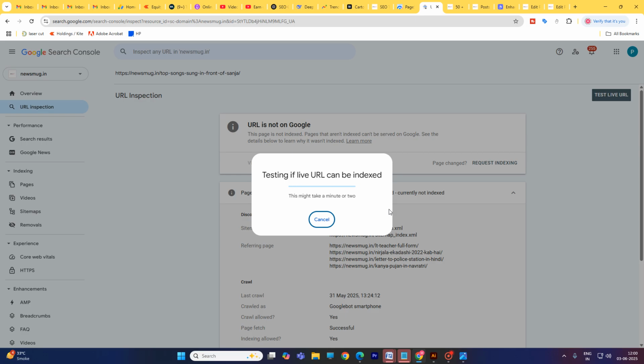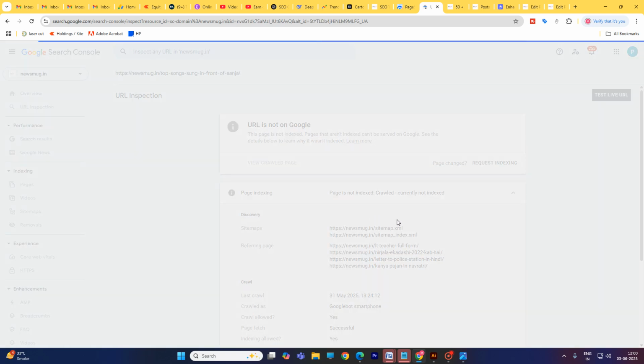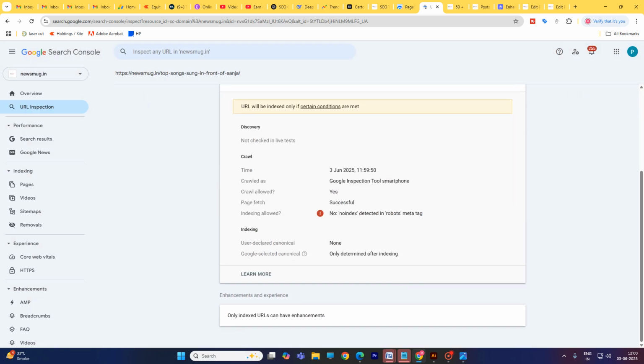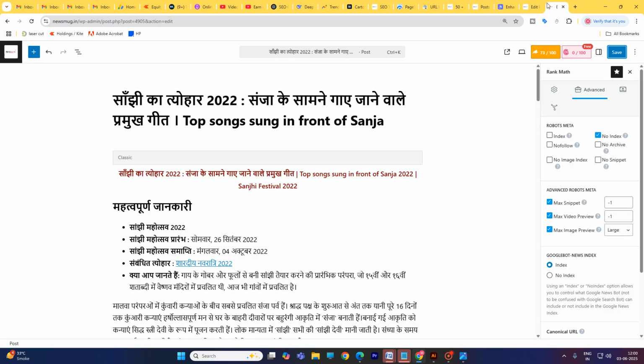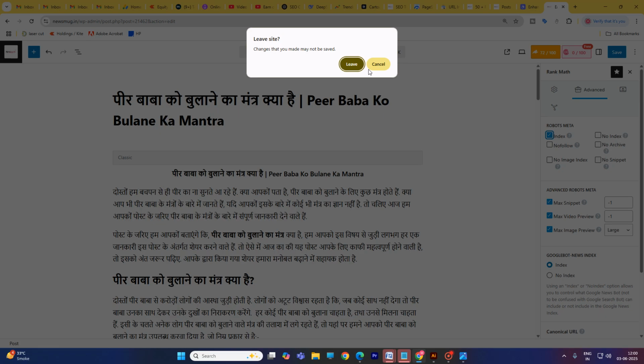Or if you want to solve this error in bulk, you have to paste the error, noindex tag detected, over here. Just go to your edit mode. This one is okay. Just a minute, this also is not.